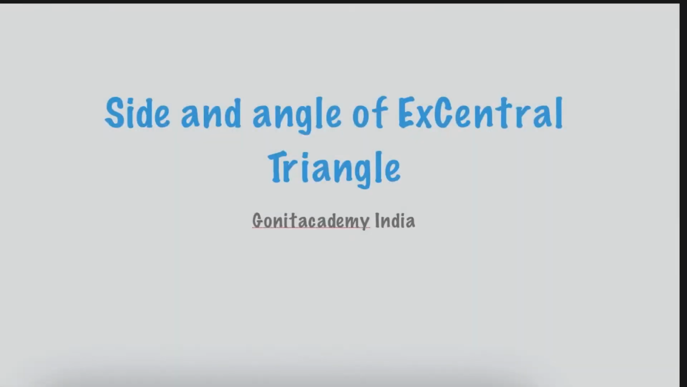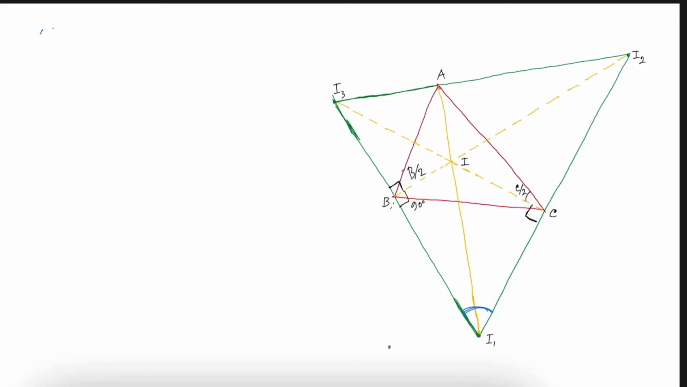Well, in this video we'll talk about the sides and angles of the excentral triangle. So what is the excentral triangle? The triangle joining the excenters I1, I2 and I3. And what is an excenter? The excenter I1 means the